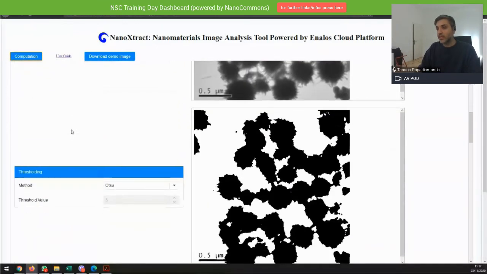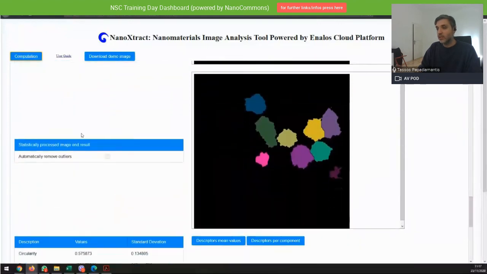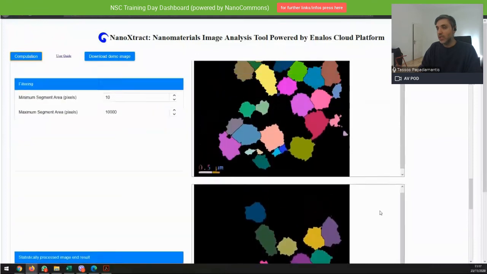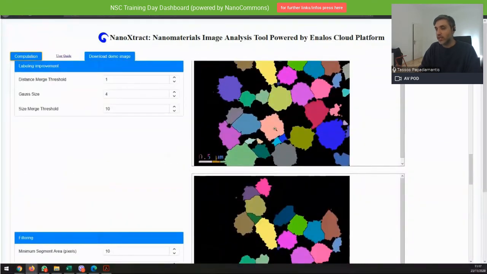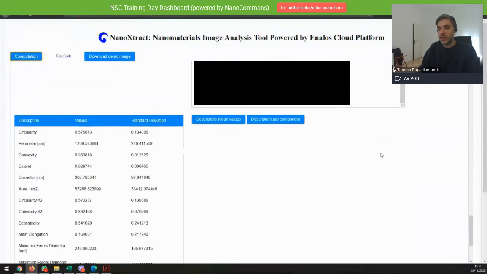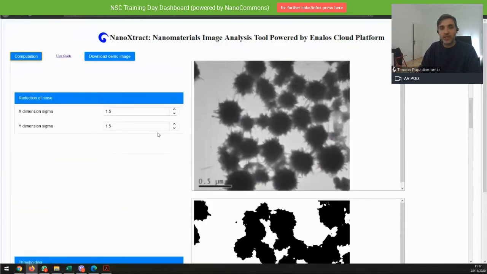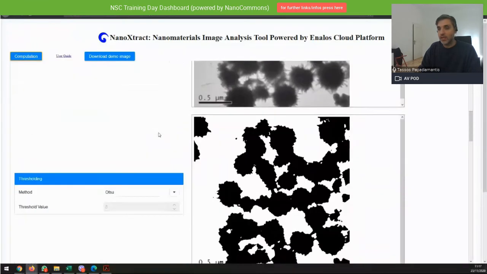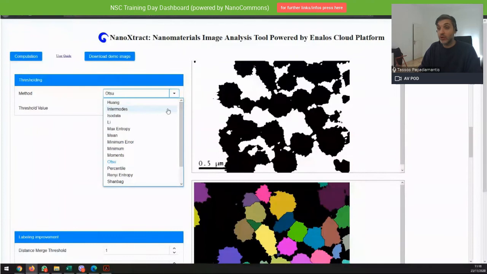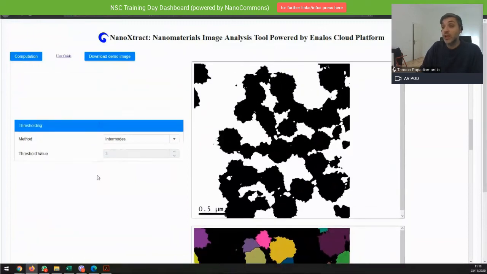So here, it has finished pretty fast. You see that even with these values, you have some labeling and so on. And it can identify in a way the circuits and then give you some results. Now, one thing that I want to say here is that a very powerful algorithm for thresholding is intermodes. So in general, what we have seen is that using the intermodes algorithm works pretty well with